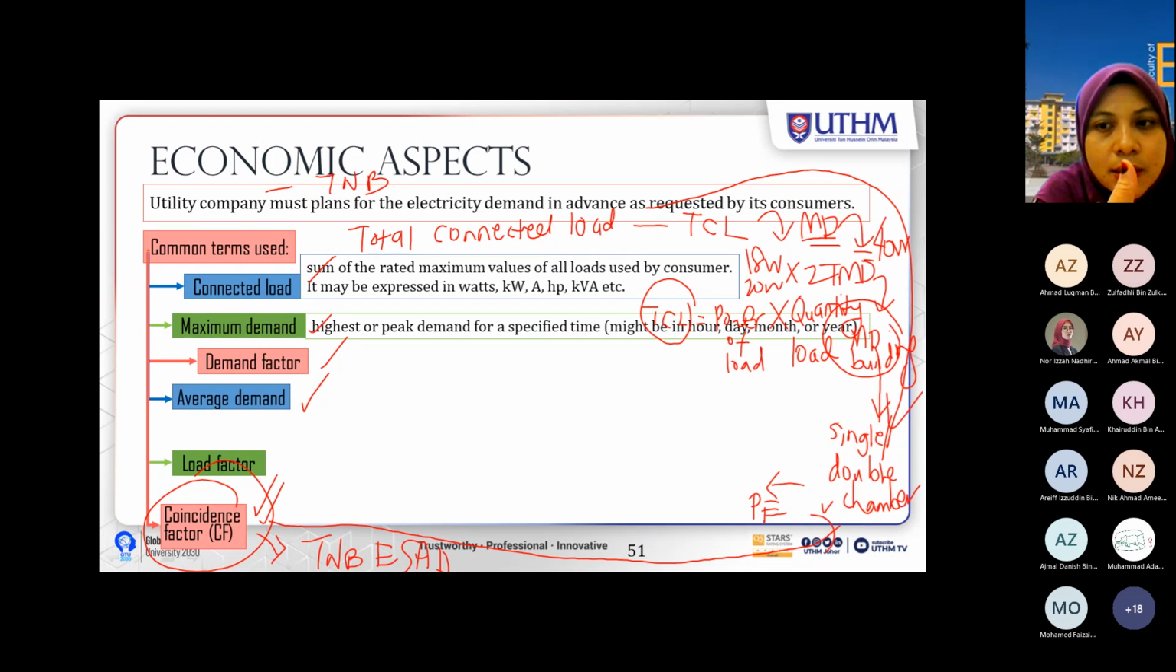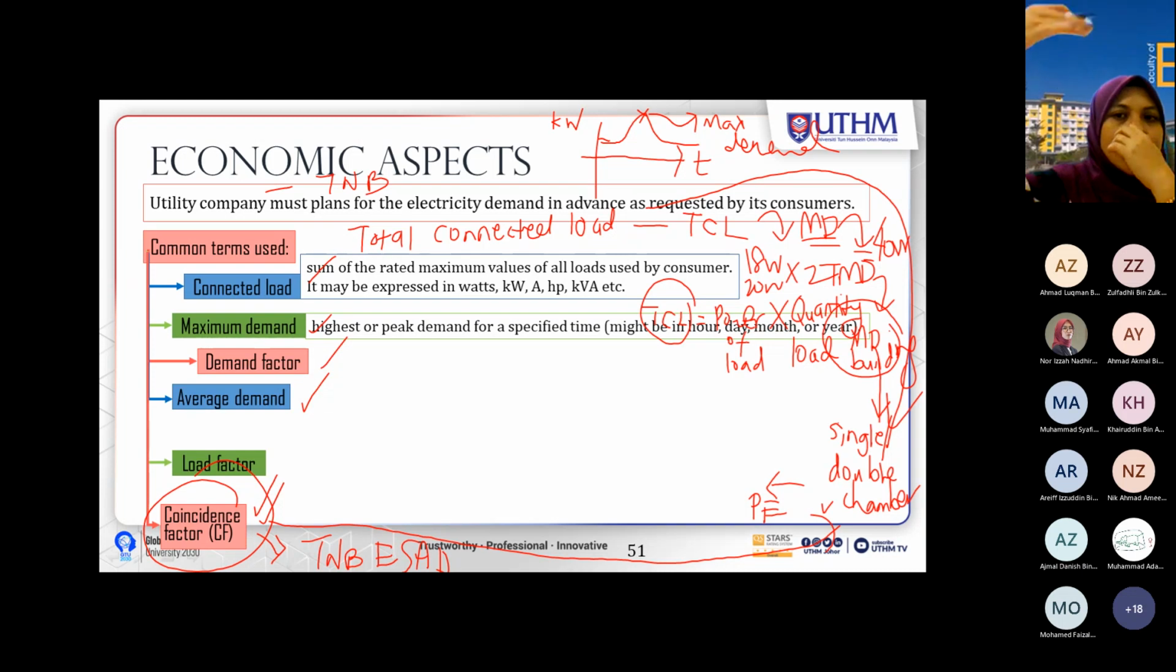Might be in hours, or month or year. Kan? Macam saya dah terang. Contoh macam kita ada ni lah. Time, kita ada, contohnya kilowatt kan. So dia ada design macam tu. So yang paling atas ni, this one is called as the maximum demand. Okay. So berapa banyak yang paling tinggi sekali dalam you punya load demand profile tu, paling tinggi sekali kita panggil